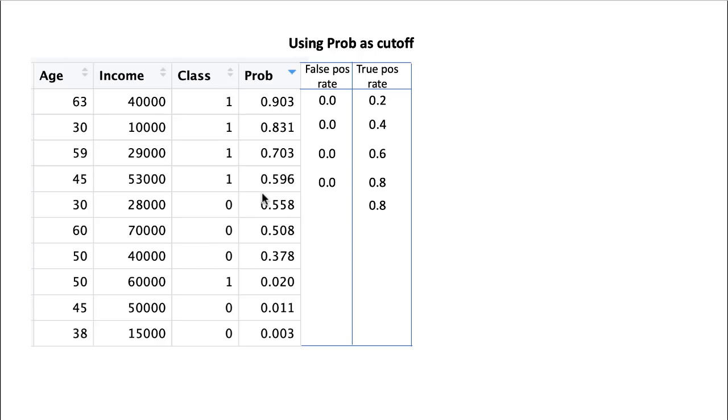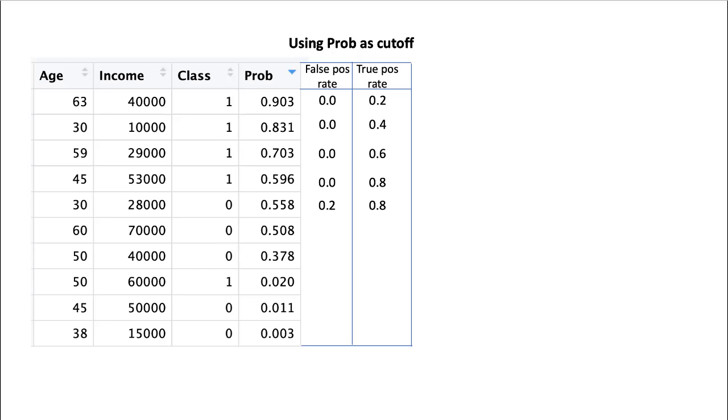If we use a cutoff of 0.558, okay, then what that means is we'll classify all of these first five, anything which has a probability of 0.558 and above, as 1. Okay, of course, you still get a true positive rate of only 0.8 because these four which we classified as 1 are correctly 1. They are actually 1, right? So that is 4 out of 5 which are true positives. So that's 0.8. But we now have classified this 0 also as a 1 because we said the cutoff is 0.558. So this 0 gets classified as a 1. So we now get a false positive rate of 0.2,